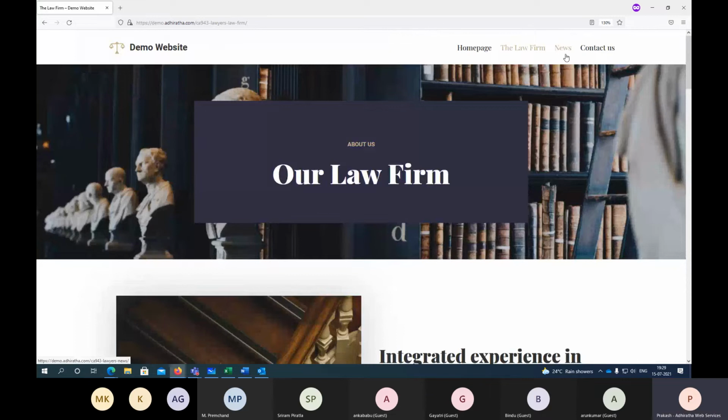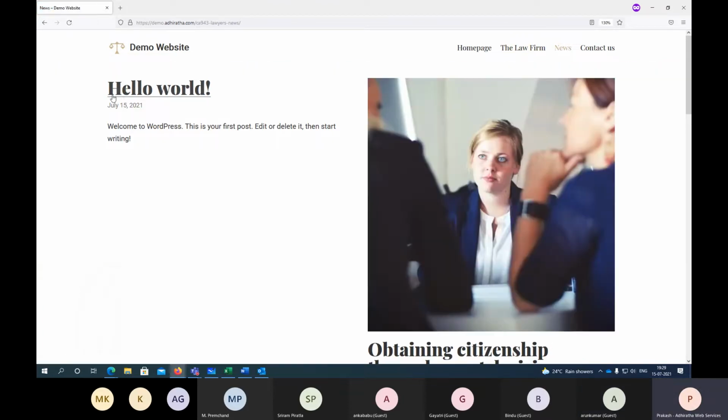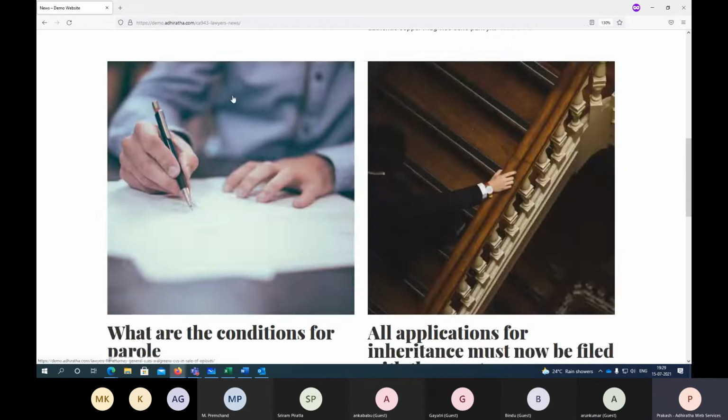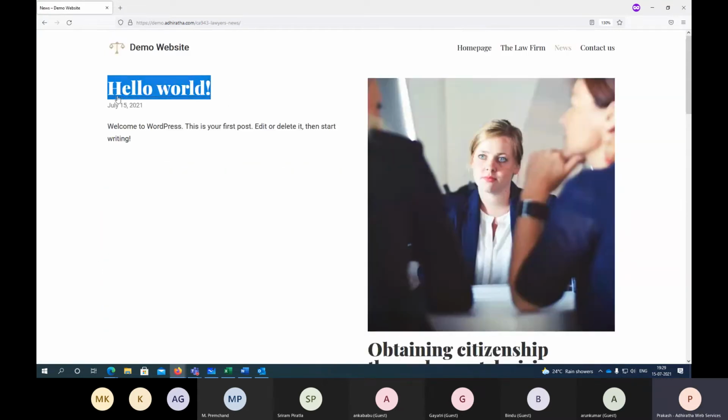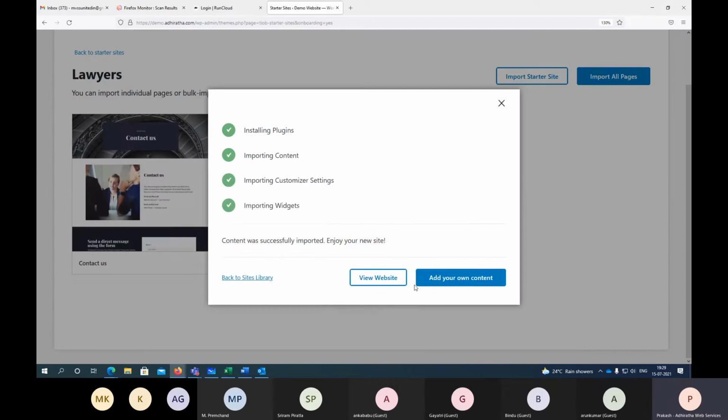Then what is news, guys? News page means what? About new developments. Yes. So in our language, we call it a blog, right? This might be that page. See, so today, if you are launching something, you can, okay, it's already there. So this is a sample blog, right? So that's why it is showing this. Let me delete that.